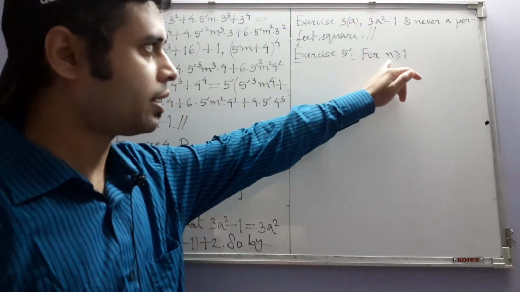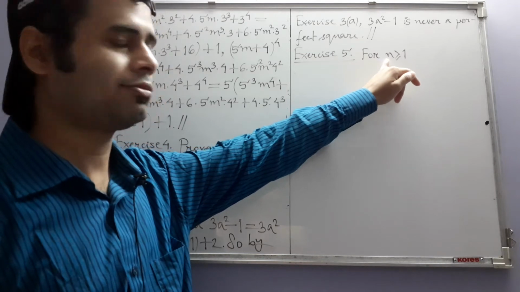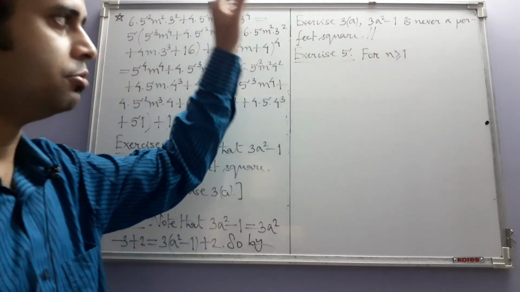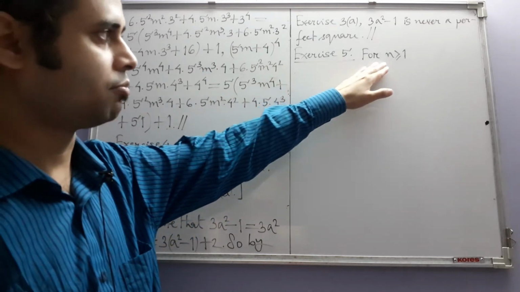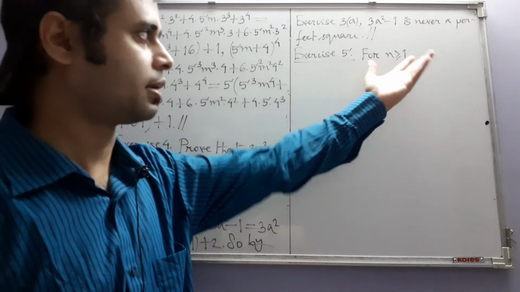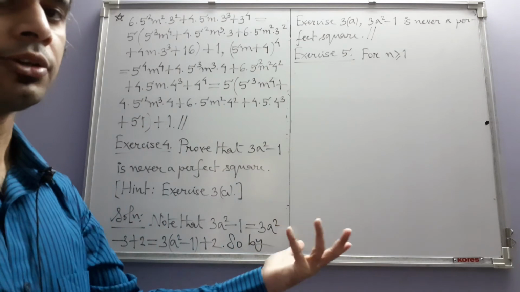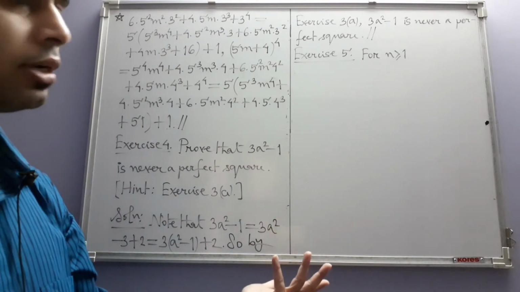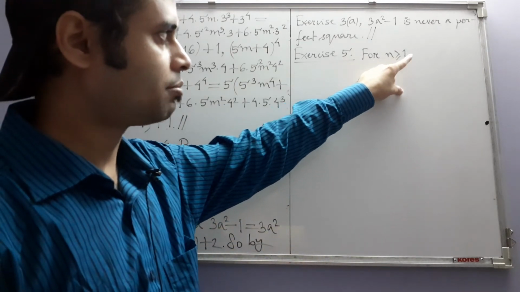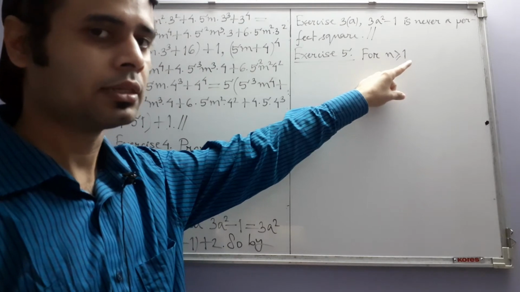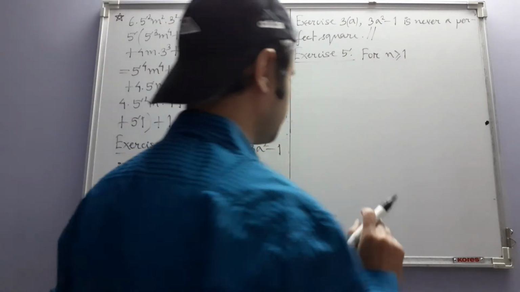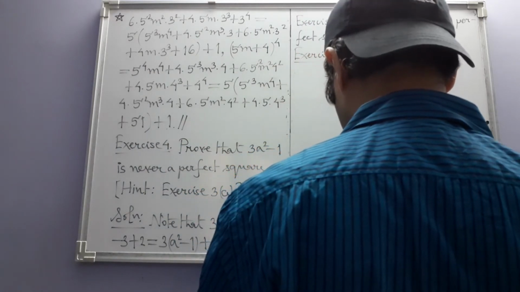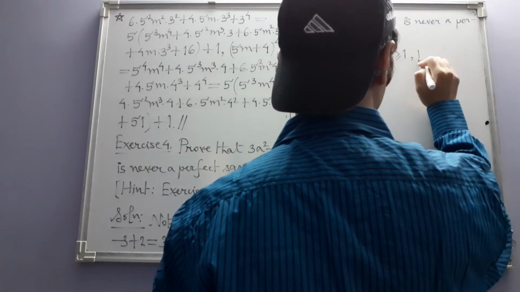Had it been analysis, although we usually use n to denote an integer, one can argue that since nothing is said, I can also assume n to be a real number. When n is a real number, then also this inequality makes sense, but in this context n is an integer. So for a positive integer n, prove that